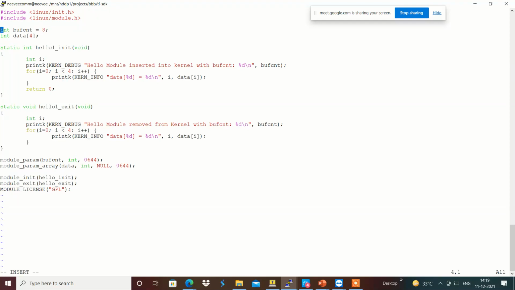One more thing: we can use static for the variables defined, so that they will not conflict with others.